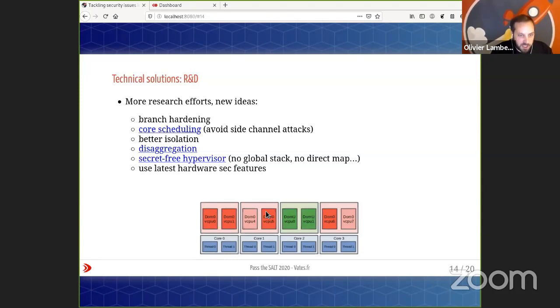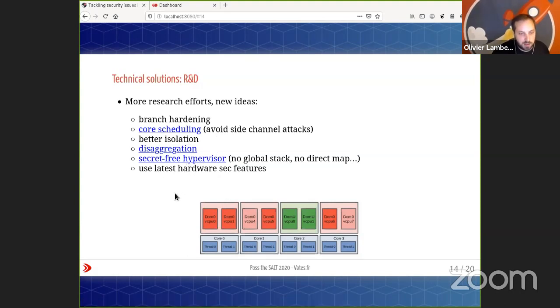for example, core scheduling. It's a way to keep the VMs on the same physical core despite having hyperthreading. So you will limit the chances of leaking data between, branch prediction problems that you have on, for example, Intel CPUs. Disaggregation is a way to have more isolation, like a defense in depth. If you are losing the network side or the storage side, it won't compromise all the compute side, etc. Or even, having a hypervisor where even if you hack it, it won't